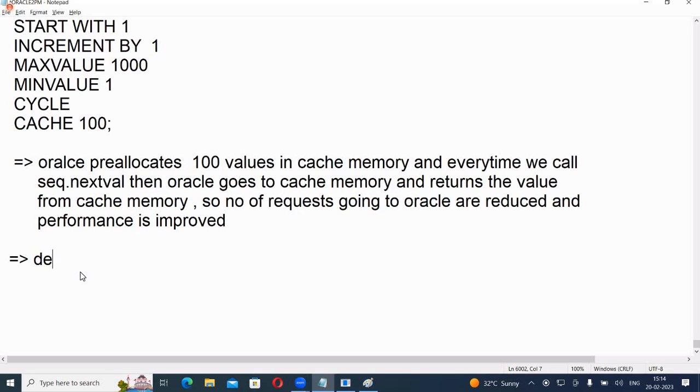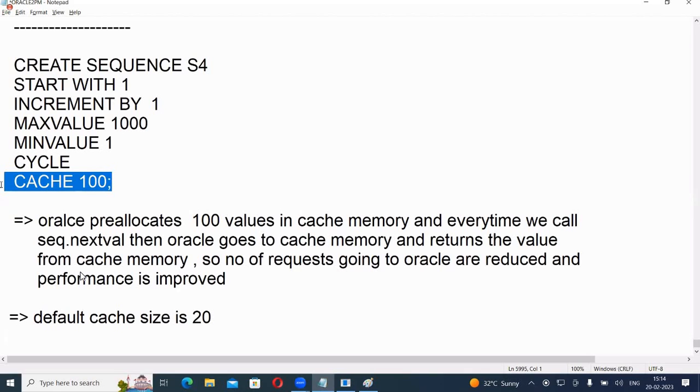But there is a default cache size. The default cache size is 20. That means if you don't declare the cache size, it takes 20 values. Here I am declaring the cache size, but if I don't declare it and simply give a semicolon,